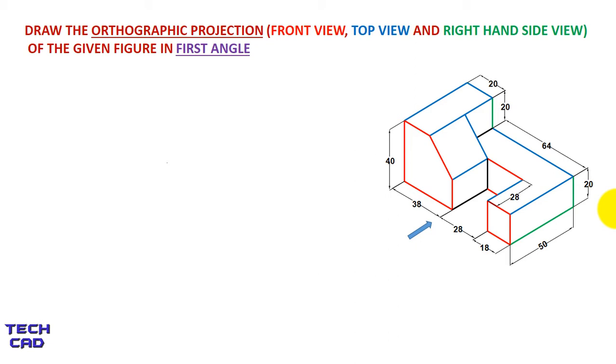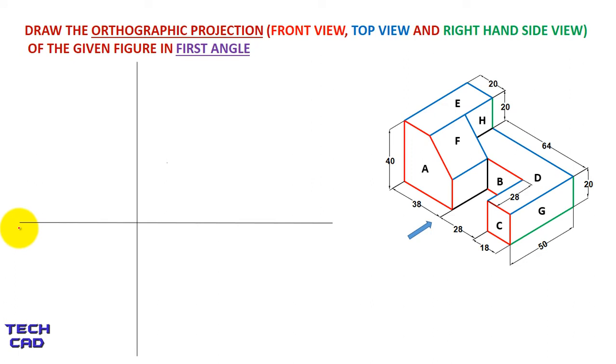To make the solution easier to understand from your perspective, I have given names to particular blocks of this 3D figure so that the solution would be easier for the students. To start the orthographic projection, we need a reference plane, and the reference plane in 2D will be seen like this. So this is X and Y, and this vertical line shows the profile plane on which we have the side view. So the front view will be shown in this way, the top view downside, and the side view in this way.